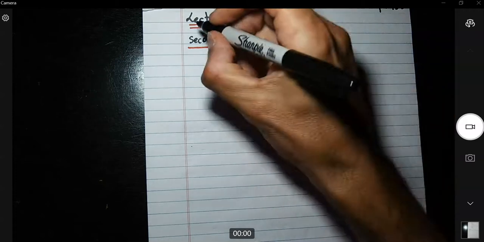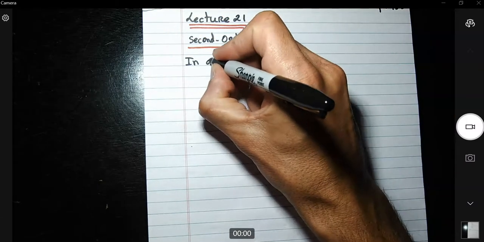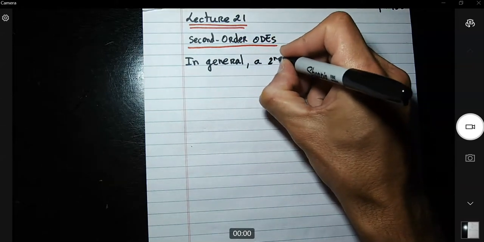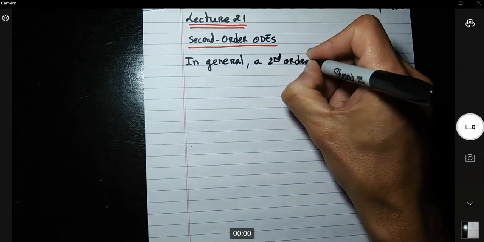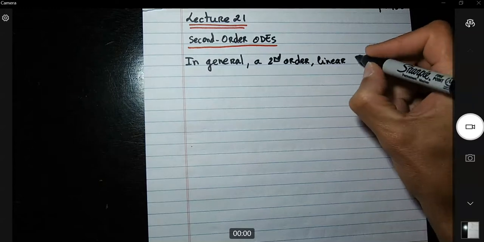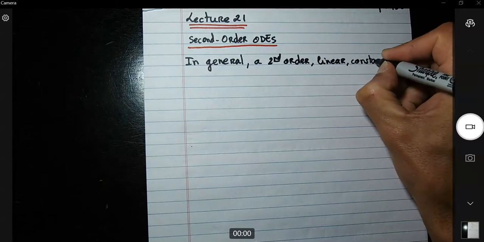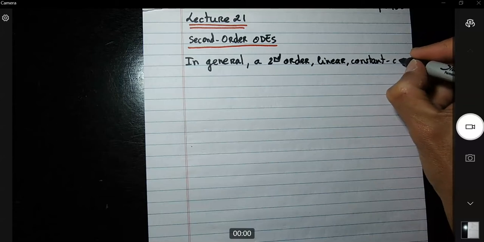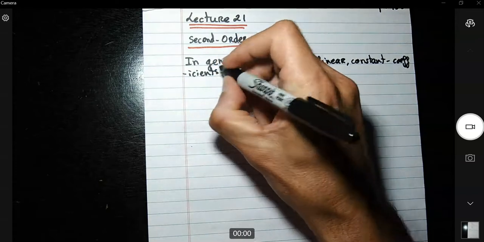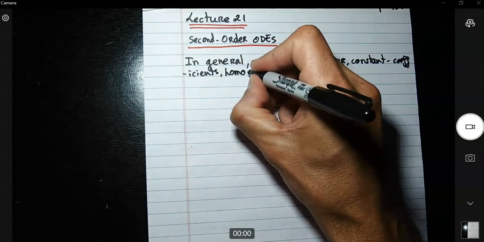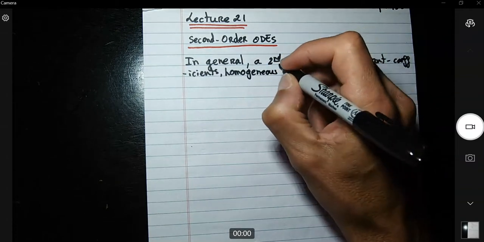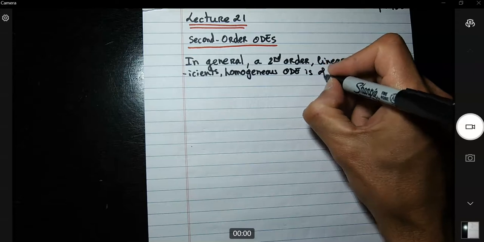Alright, so in general, a second order linear constant coefficients homogeneous ODE is of the form